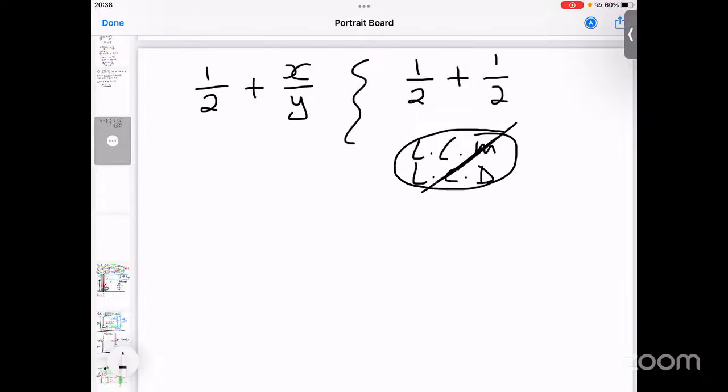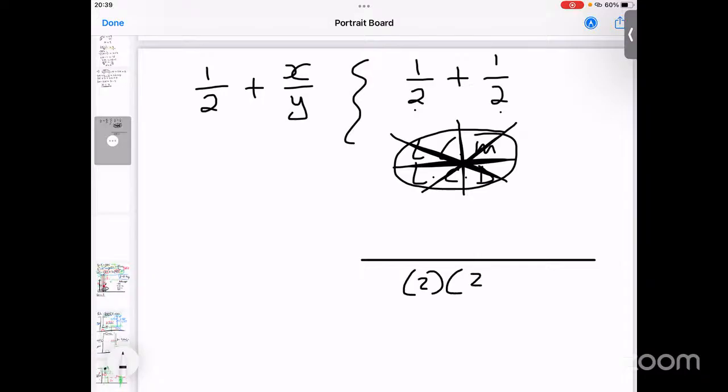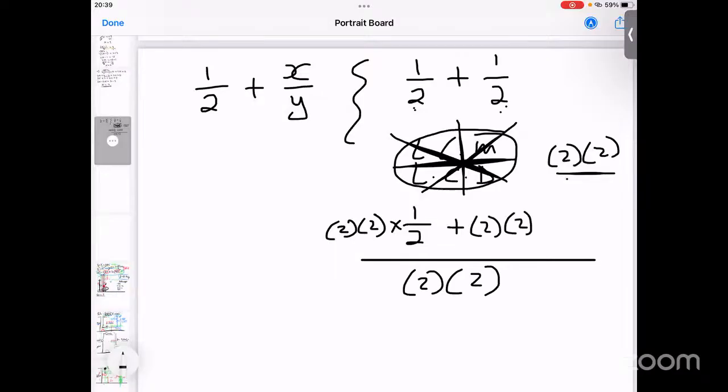For me, I never worry that much about all of this because all that I do is take the denominators. So what I do is take these denominators as they are. That would be your LCD, which means your LCD would be those two denominators as they are. And then what you do is multiply each fraction by this thing. So you take that 2 and that 2, and you multiply that 1 over 2, which is added to. Again, you multiply each fraction by